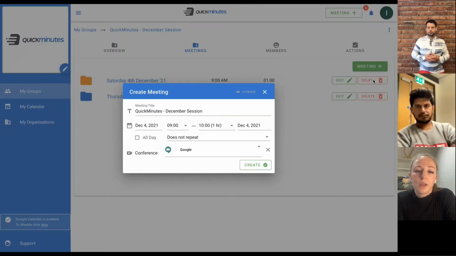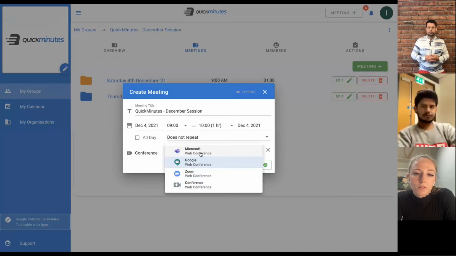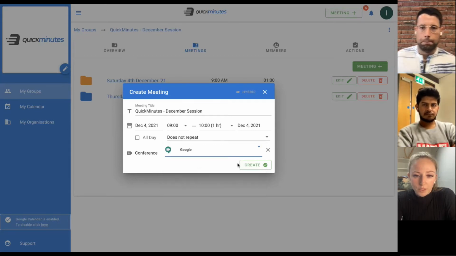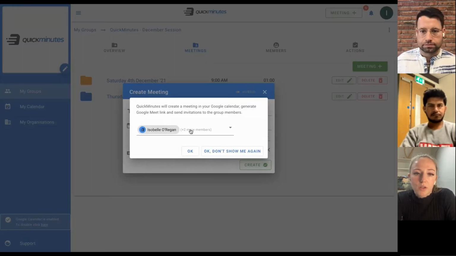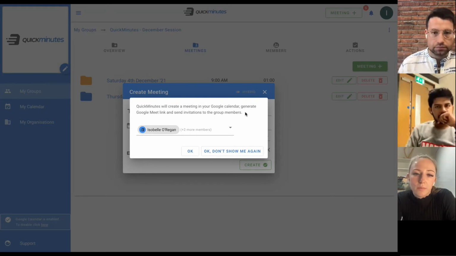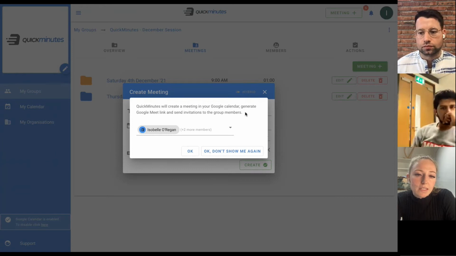If I click on new, the create meeting modal pops up. It's your meeting title, date and time as normal, and then it's the conference link. I'm Google, so if you're Microsoft, you'll be choosing Microsoft. When I do this and I click create, you get a box which lets you know exactly what's happening. The first thing is it's going to create the meeting in your Google or Outlook calendar. The second thing is it's going to generate a Google Meet or a Teams link. So it's going to be a new link created with this, and it's also going to send invitations to your